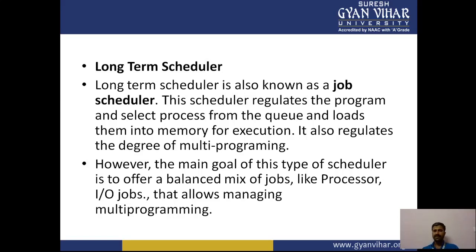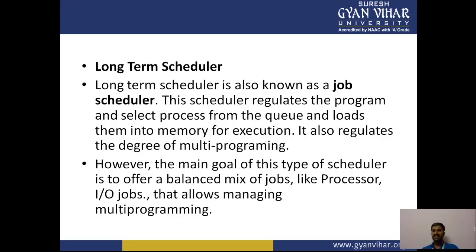So we have a CPU and a main memory, and there is a secondary memory. Data is available in the secondary memory and then loaded into the main memory, right? The CPU wants to execute the process. So what can a long-term scheduler do? We are going to discuss the LTS, the long-term scheduler. The long-term scheduler selects the process from the queue and loads it into the memory.